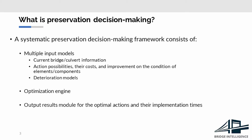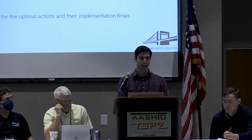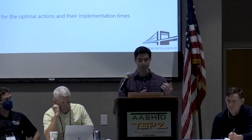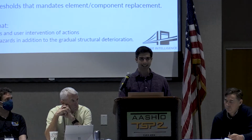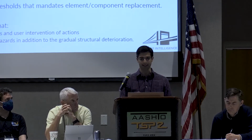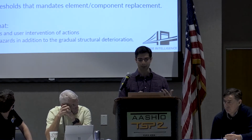So as Zach said, there are incremental benefit cost ratio frameworks, or there are other frameworks based on integer linear programming that can be used, and those frameworks give us output results, which are actually what we are looking for. What are the optimal actions, and what are the right times of applying those actions? Having said that, these are actually the points that I came across,